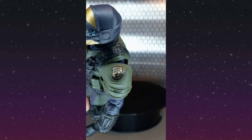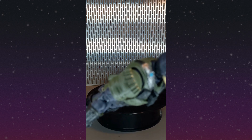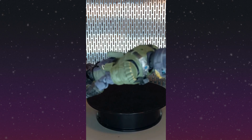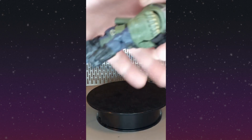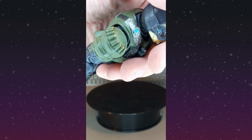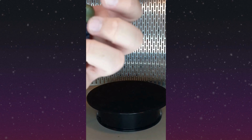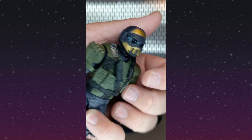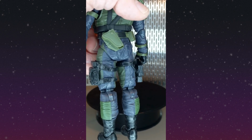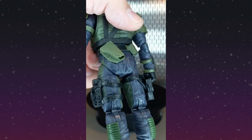So first up, we have the Steel Corps Commando insignia there. We have some shotgun shells on the other shoulder pad, if it will focus. Focus. Come on. There we go. Then we have, of course, that weird blue and silver thing that is on most of them. And then the helmet, of course, is the gold and black. And if I remember correctly, these are supposed to reference the